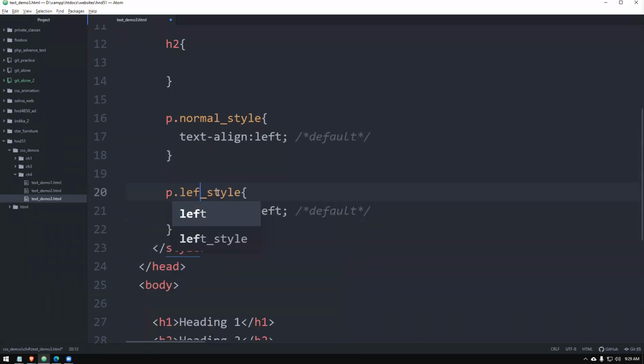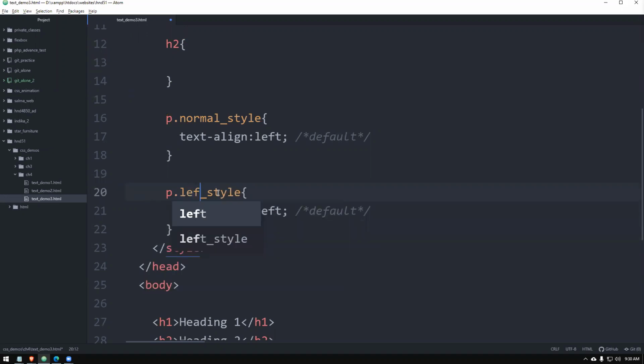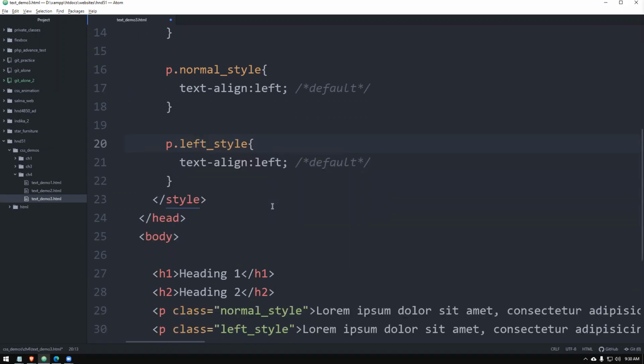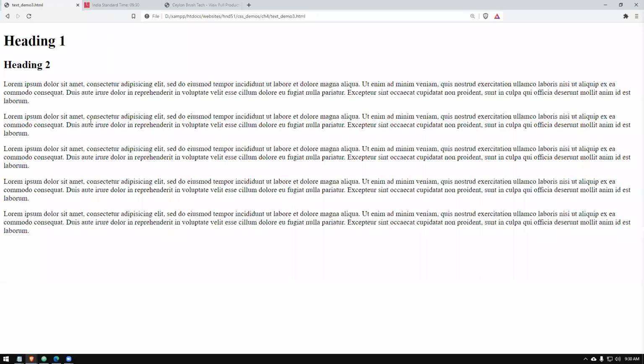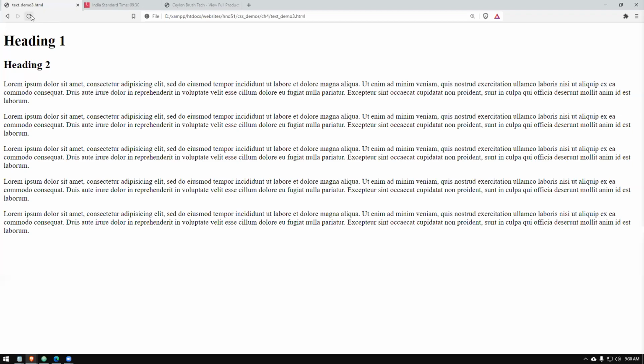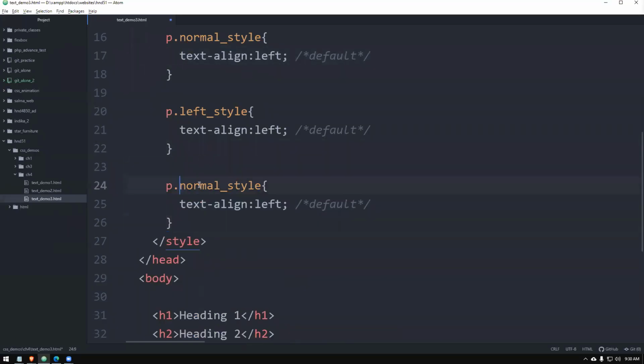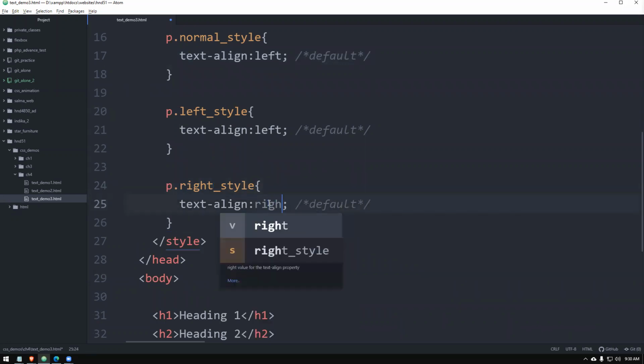We'll say left. Yeah, that is the normal style, left. This is left style. I have to give the same thing. So that is also the same. Next one we will give right style. So text-align, just right.